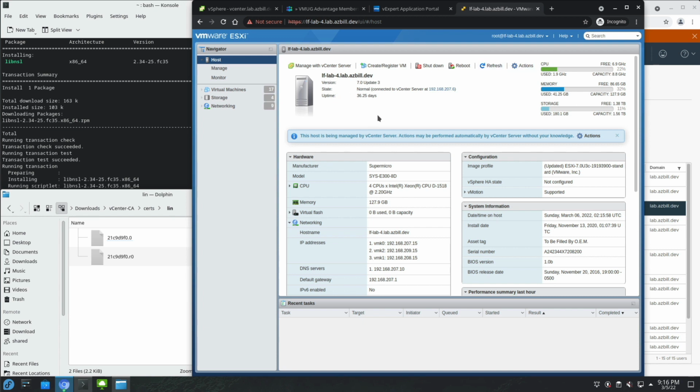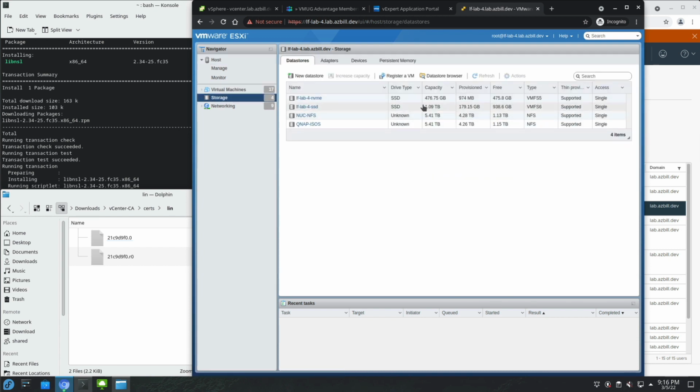So what is this? This is just a single CPU Supermicro E300-8D. It does have 4 cores in there with hyperthreading. So it does a decent job. It makes for a really nice home lab server because it does run ESXi very nicely. I do have some NFS storage attached to this right now through my QNAP, but I do have a local 1 terabyte SSD. You saw that earlier. And what else do I have? I have an NVMe in there as well. That's only half a terabyte.